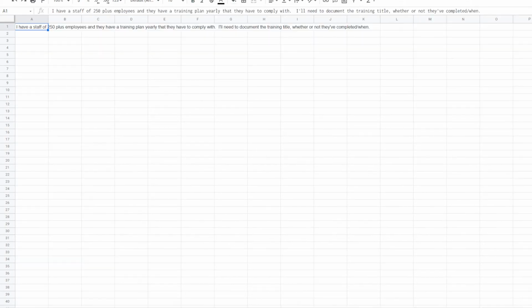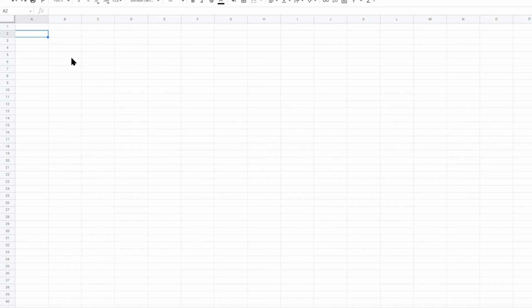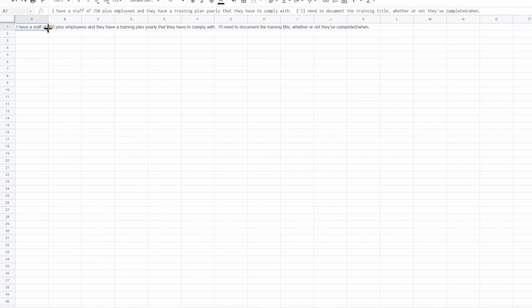Now we also want, so let's just do a cover here. And this is the base template, but let's make sure we didn't miss anything with the prompt. I have staff of 250 plus employees, and they have a training plan yearly that they have to comply with. I'll need to document the training title, whether or not, okay, yeah, this is perfect. Okay, so base template,